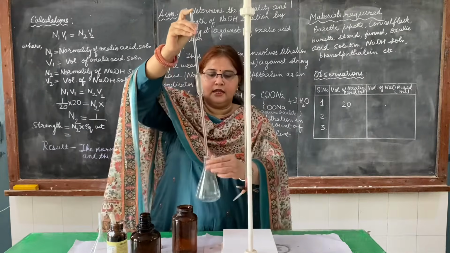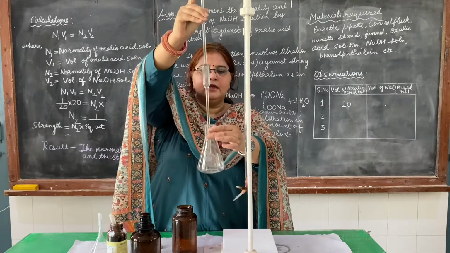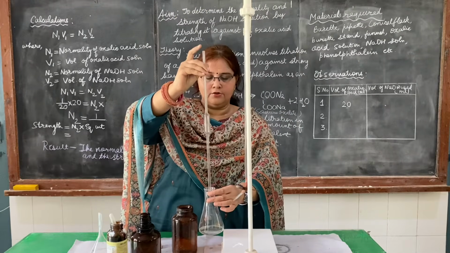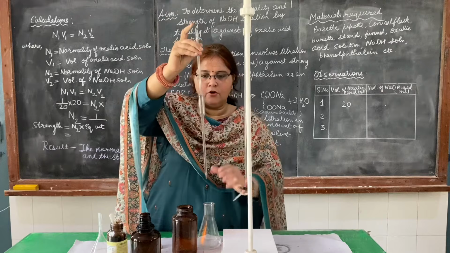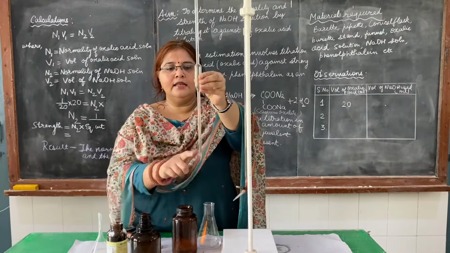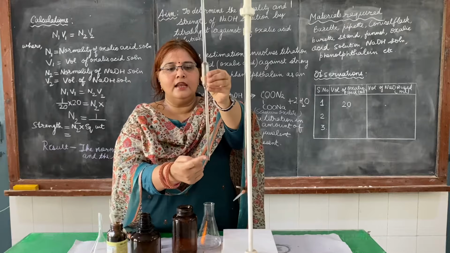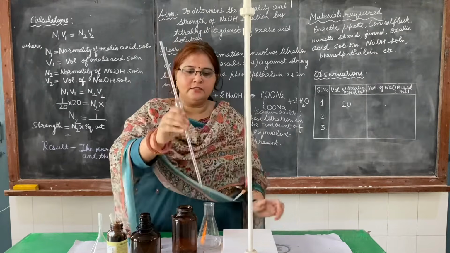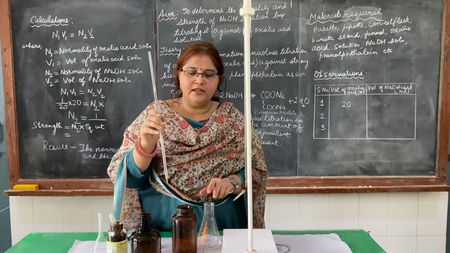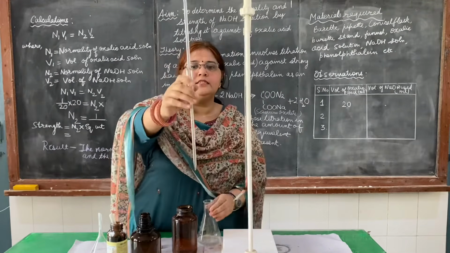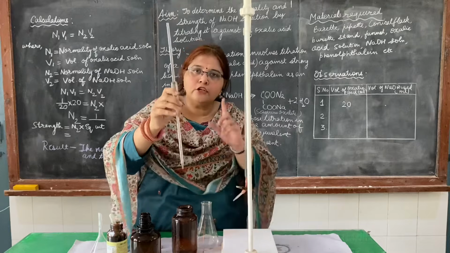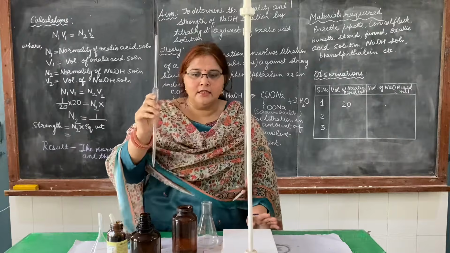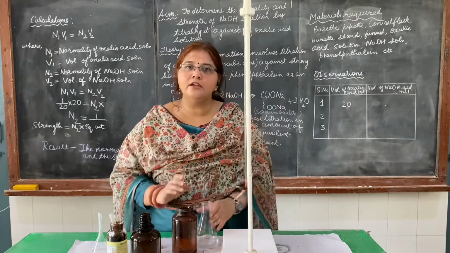Now, we will put it in the conical flask and remove our finger so that it is in the conical flask. One thing you should always keep in mind is that in the pipette the last drops always remain. Do not splash them out into the conical flask, because the 20 ml excludes this last drop. So never do it like this to take out the extra drop.